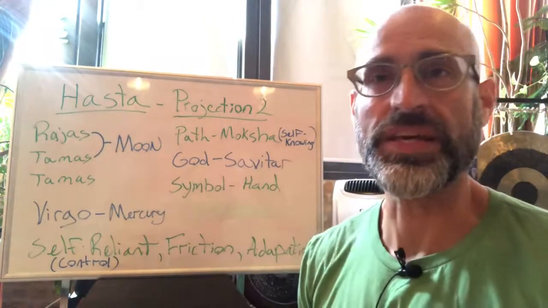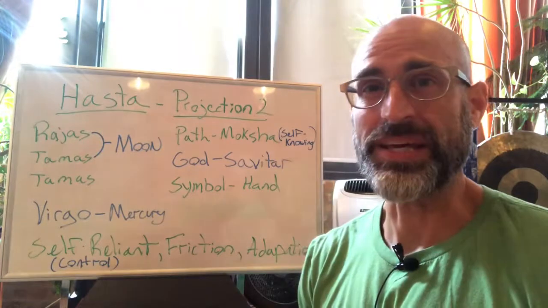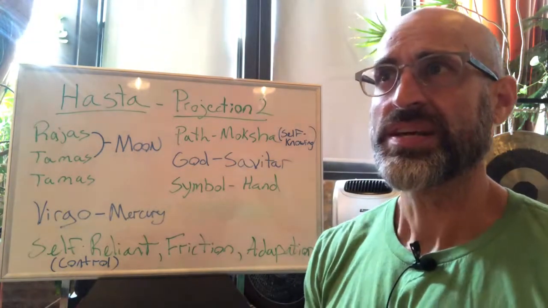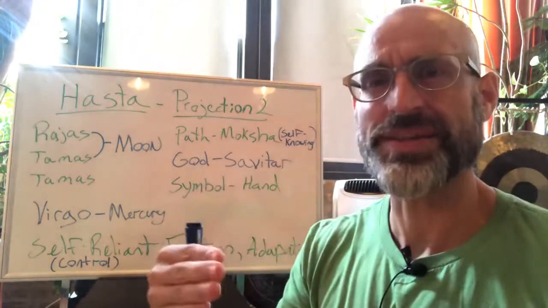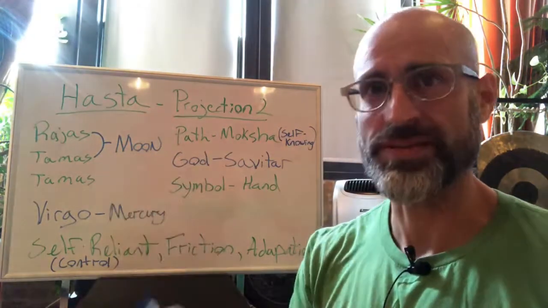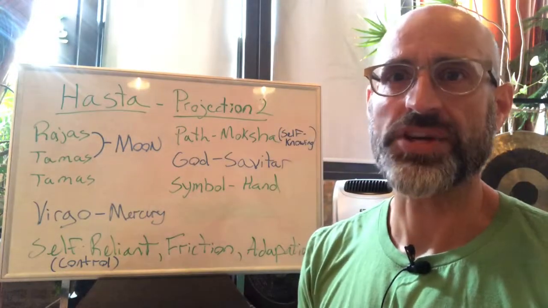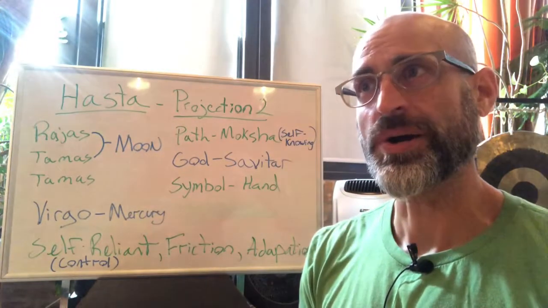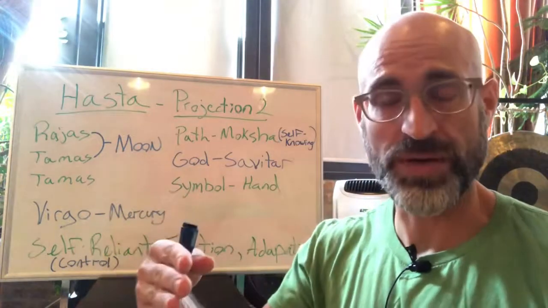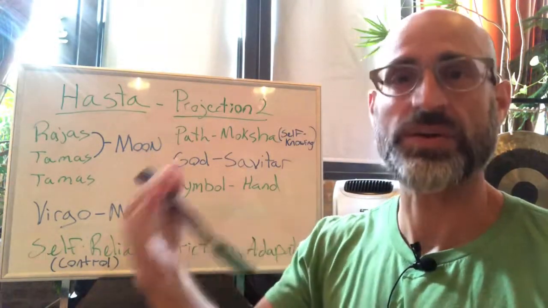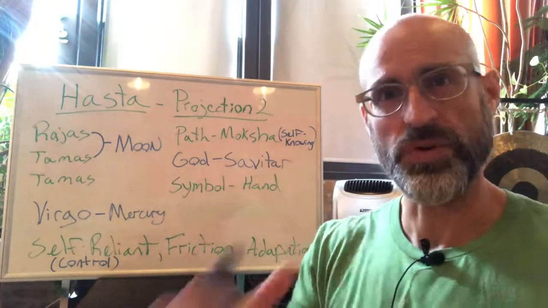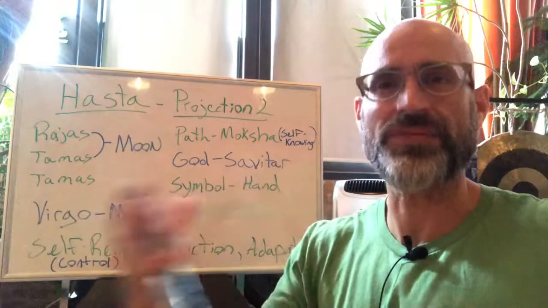Hasta specifically is quite interesting to me. So I guess the best way to look at Hasta is to look at what came before it. So you had the two Falgunis. Now the two Falguni Nakshatras are generally described as being very creative and idealistic. And so what essentially is happening in terms of the progression, because that's how we have to look at these